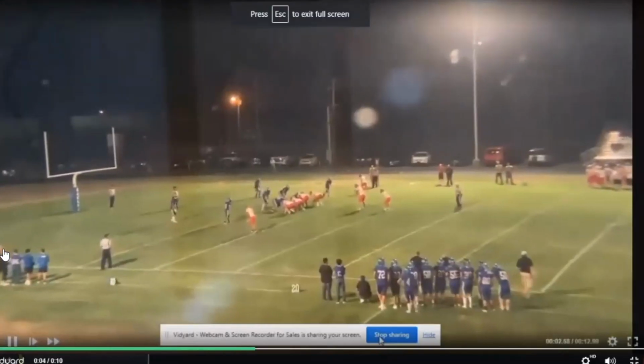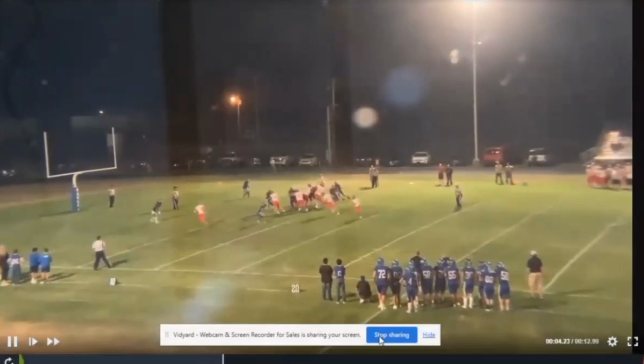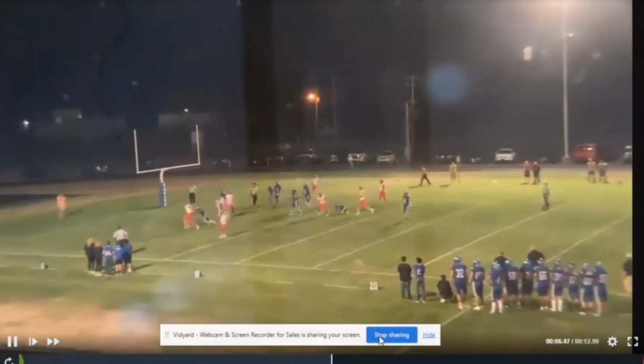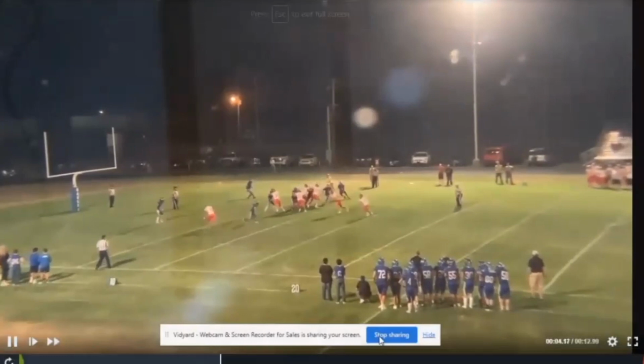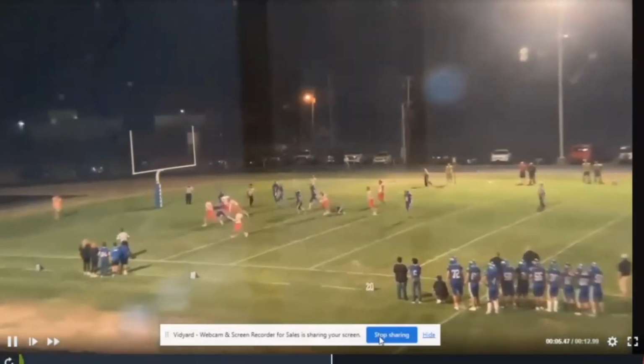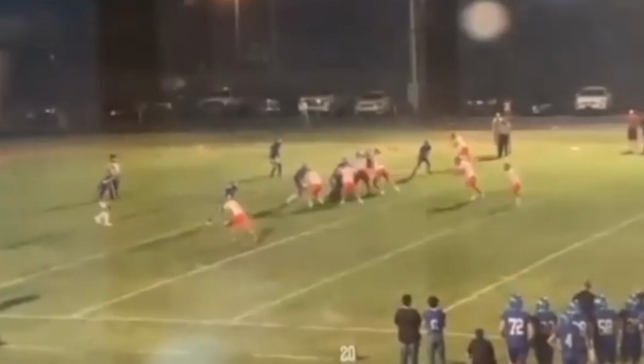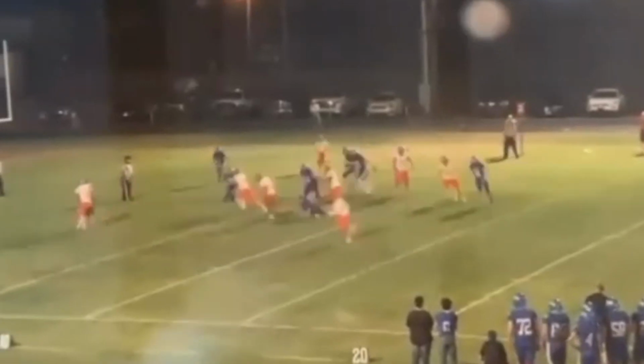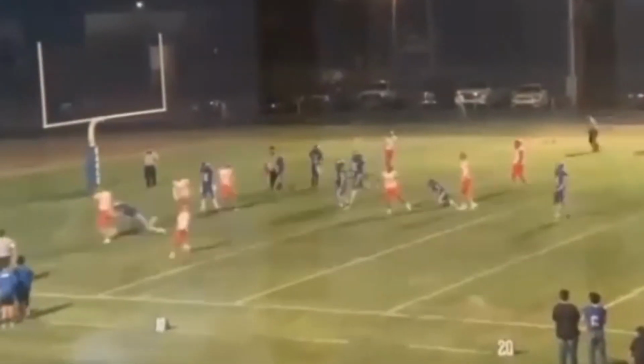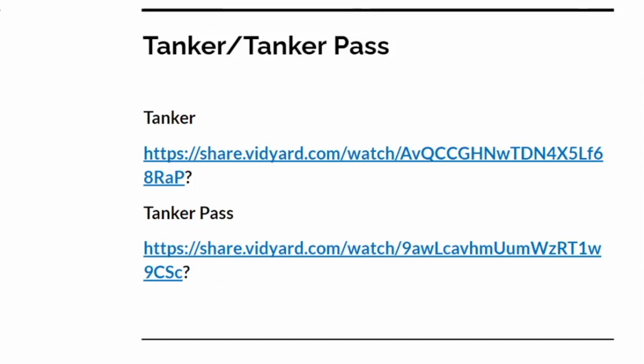Then we also run it where we pitch off the outside linebacker if the other team makes some adjustments. Now, this is versus a team that runs the wide defensive end look. We attack him, and obviously with him being so wide, if he steps up the field at all, then it's an easy adjustment for us where he just cuts up and goes. But then tanker, just an example of tanker.